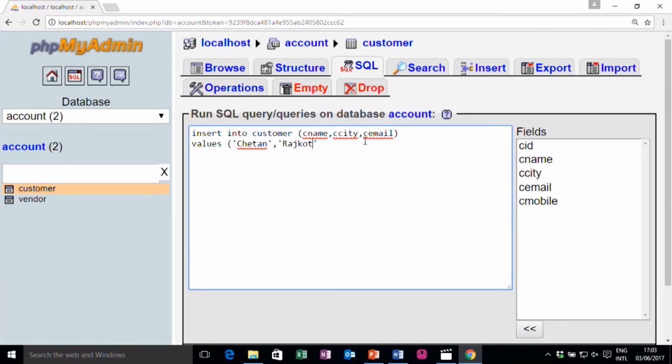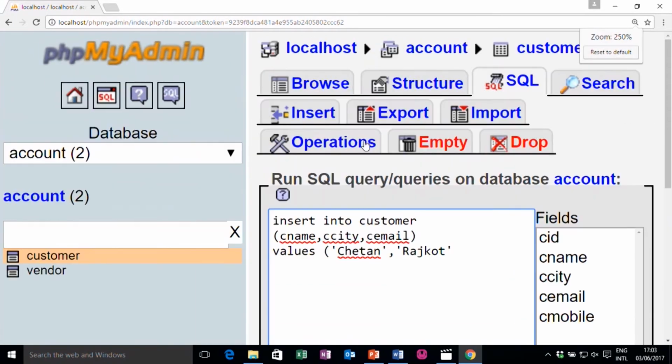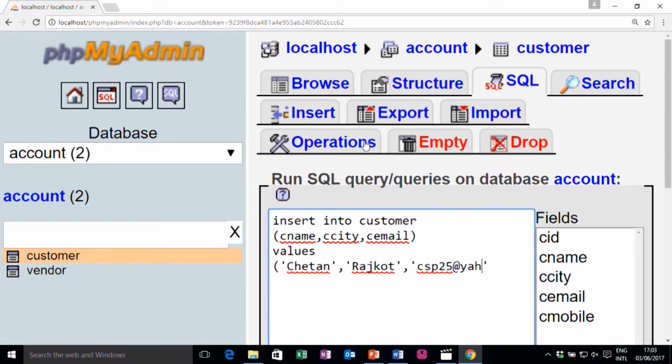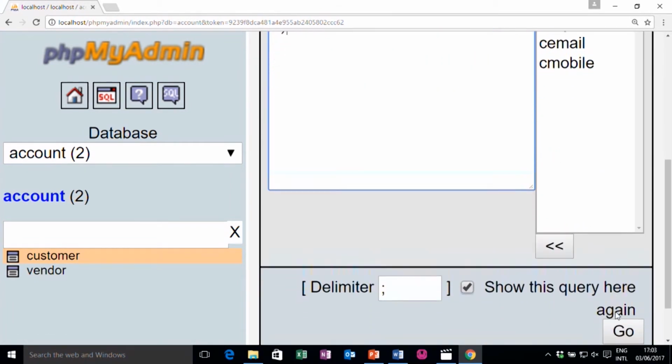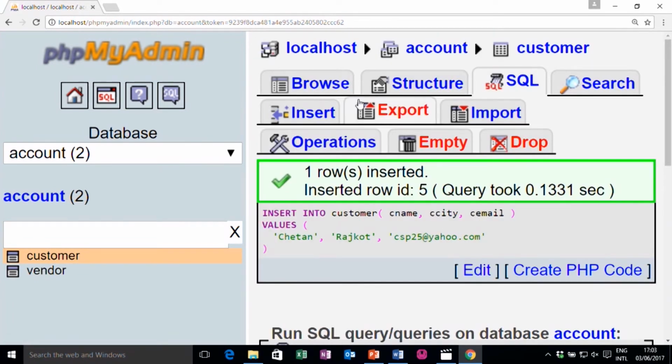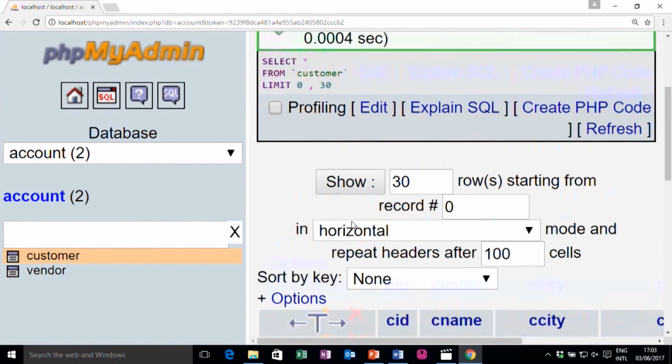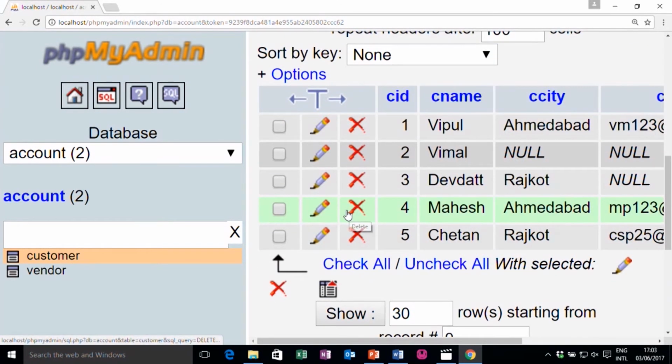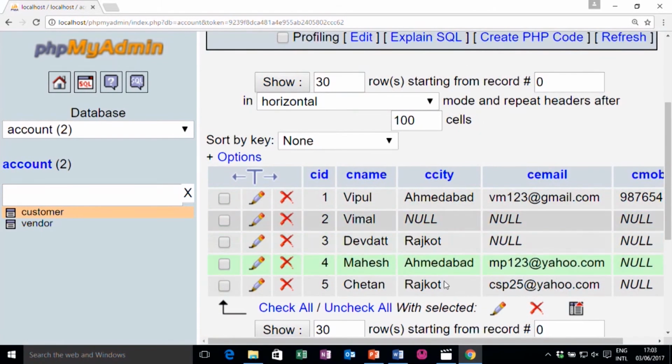If I do not write it, then by default it will take Ahmedabad, but as I define it here, it will take the value Rajkot, and his email ID is csp25@yahoo.com. So, just look here, if I click on the go button and click on browse, you can get that value, this record will be available to you.